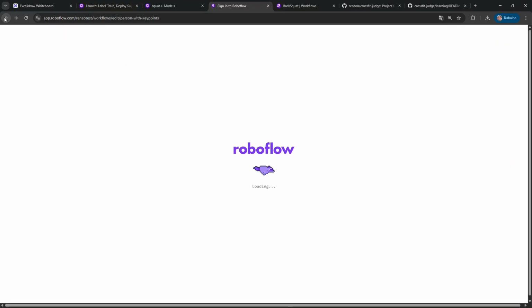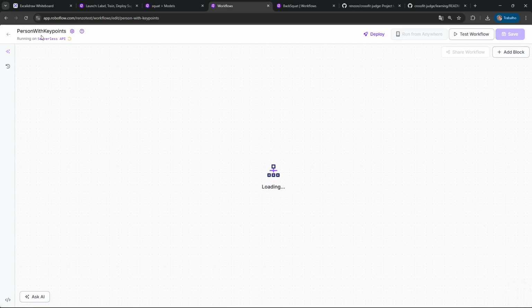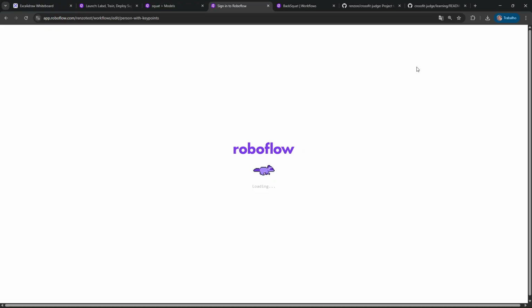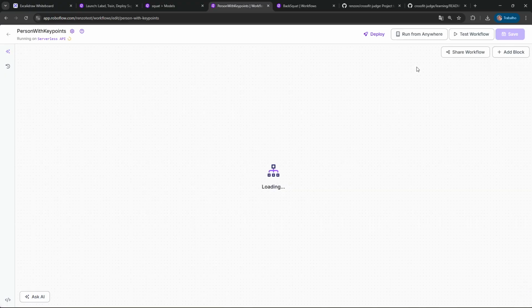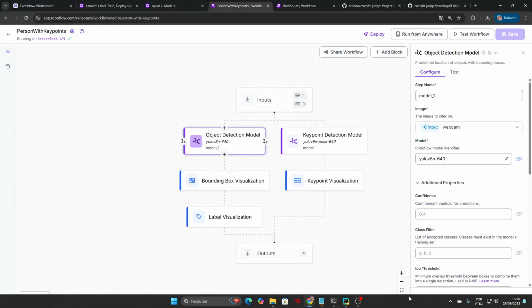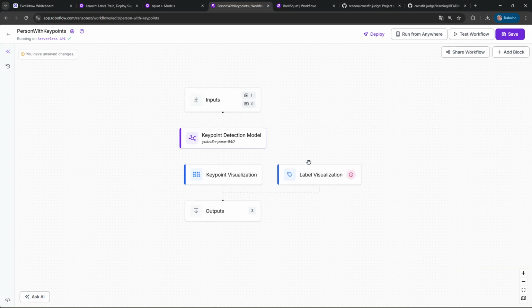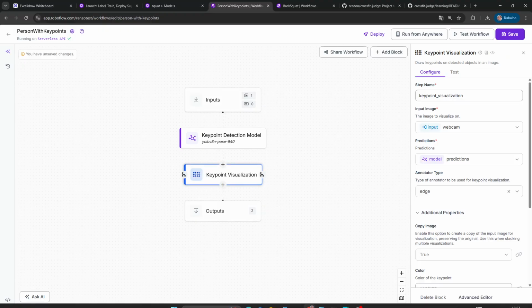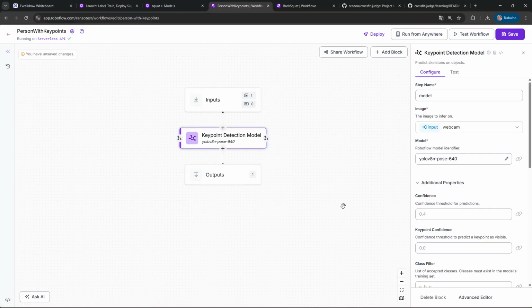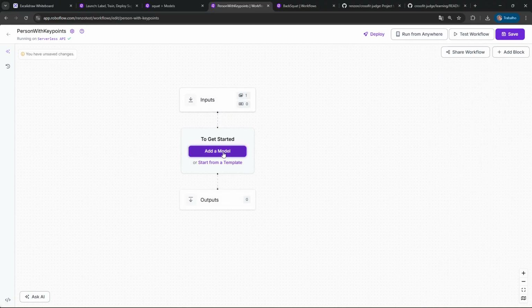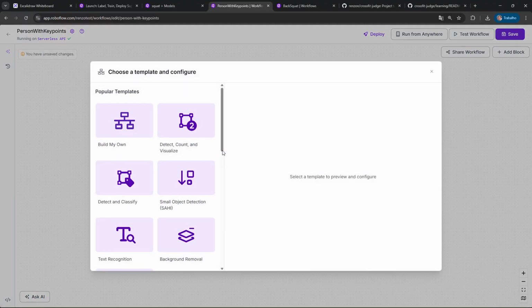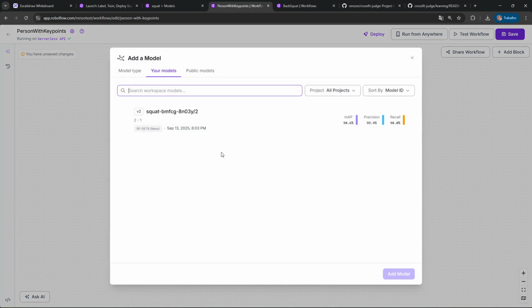No, it was not that what I have done. Come back, please. Loading again. Please, gods of demonstrations, let me remove this. This will be the final result. I didn't want you to see that, but that is going to be the final result. So let's remove all the stuff in here, and let's start from a template. No, not the template, but a model.